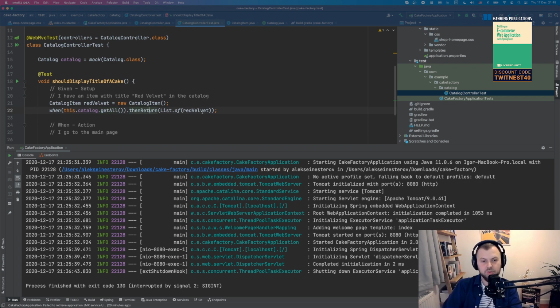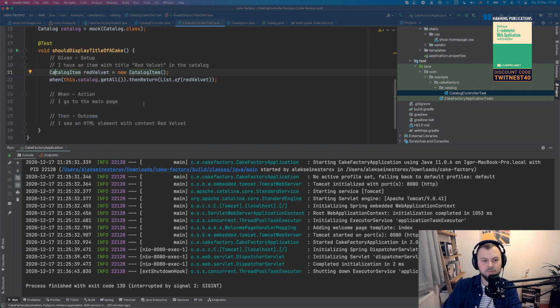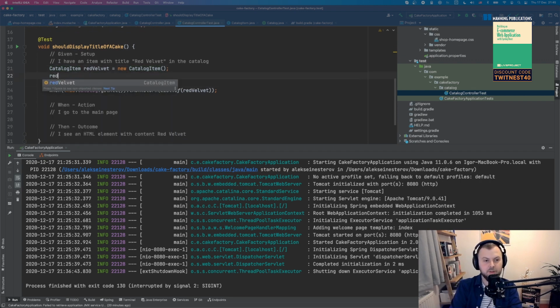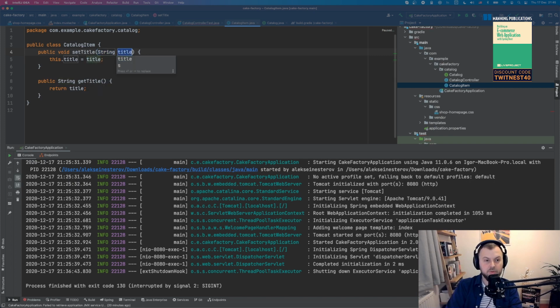This getAll should return a list of elements. Every element is going to be a catalog item, and catalog item potentially going to have some properties, and it's probably time to define them as well. So let's say I'm going to set title of that to red velvet. Cool. The property doesn't exist, so I'm going to create one.